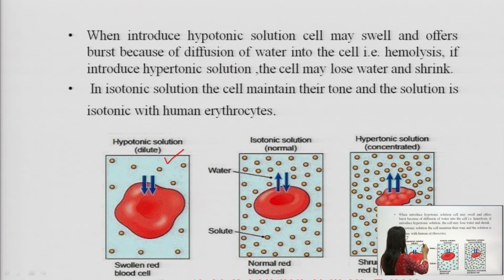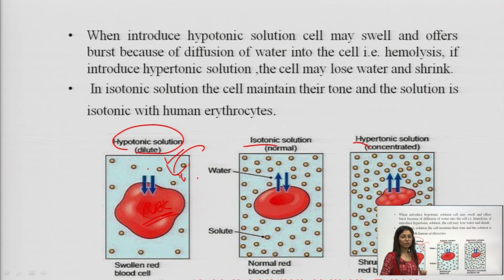Here you can see there is a diagram. If you can see over here, this is a hypotonic solution, isotonic and hypertonic. This is the RBC. If your solution is hypertonic, it means hypertonic. When your drug is having a better solubility, this is your RBC. Okay, this is your parenteral products. If your parenteral products is not isotonic to the blood, then it can cause either swelling of RBC or shrinkage of RBC. Okay, but what we want is normal RBC. So that's why our preparation should be what? It should be isotonic to that of RBC. The parenteral product that we are making, it should be isotonic to the blood.